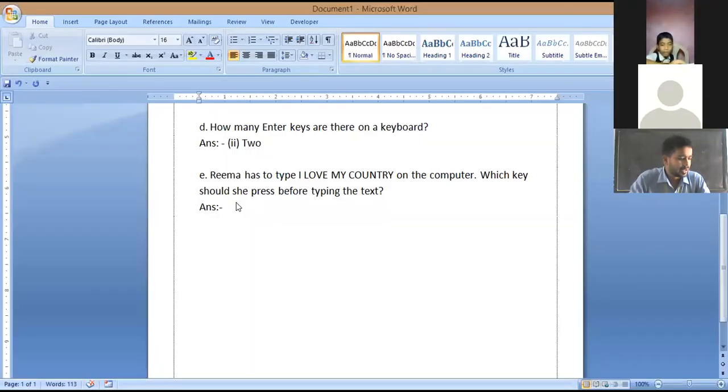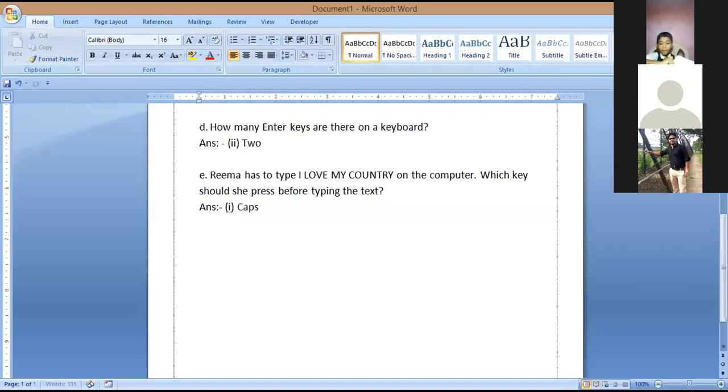Okay, so now let us see the options. Number 1 is caps lock, number 2 backspace, number 3 delete key. So what will be the answer? Number 1, caps lock. So she should press the caps lock button before she types I love my country.